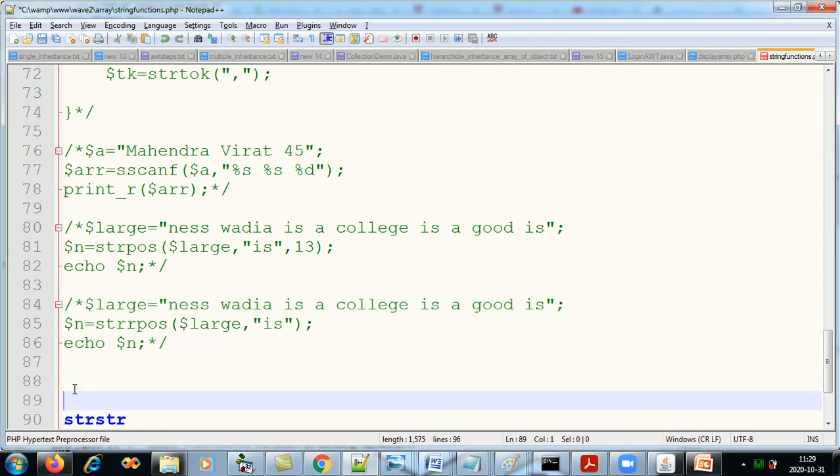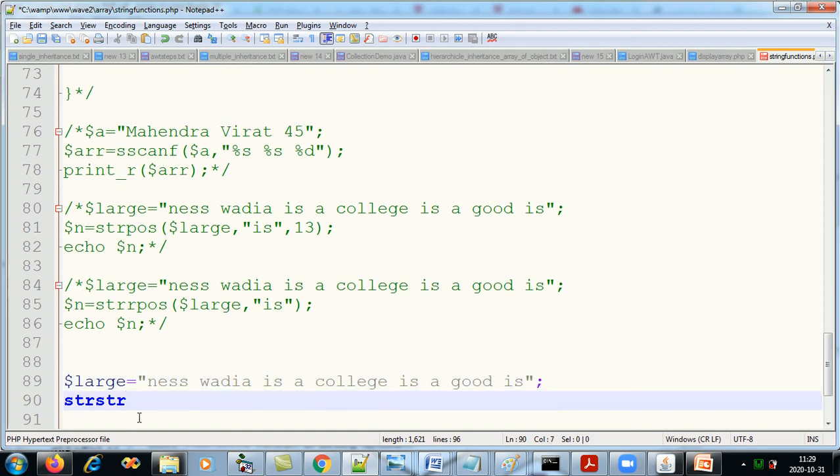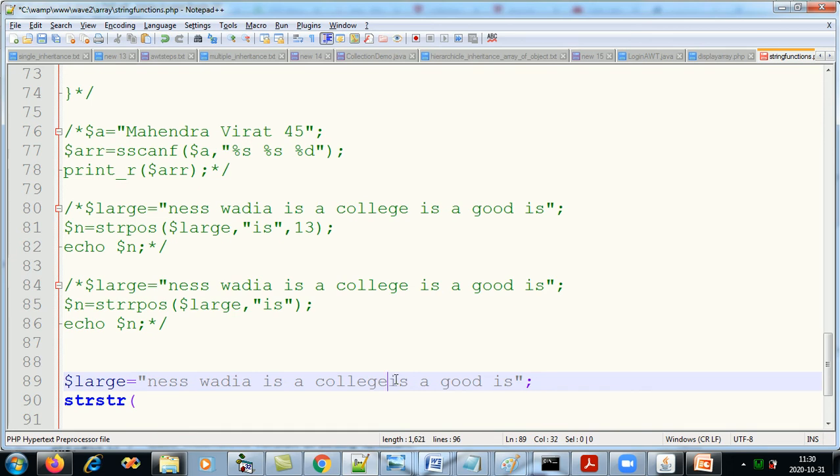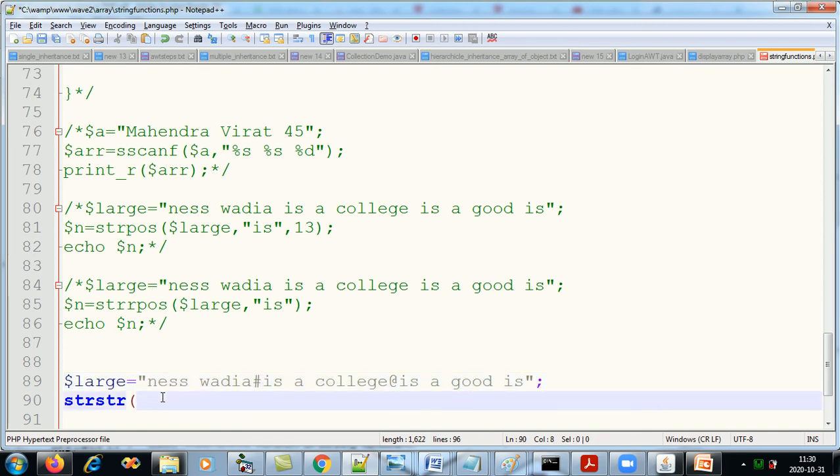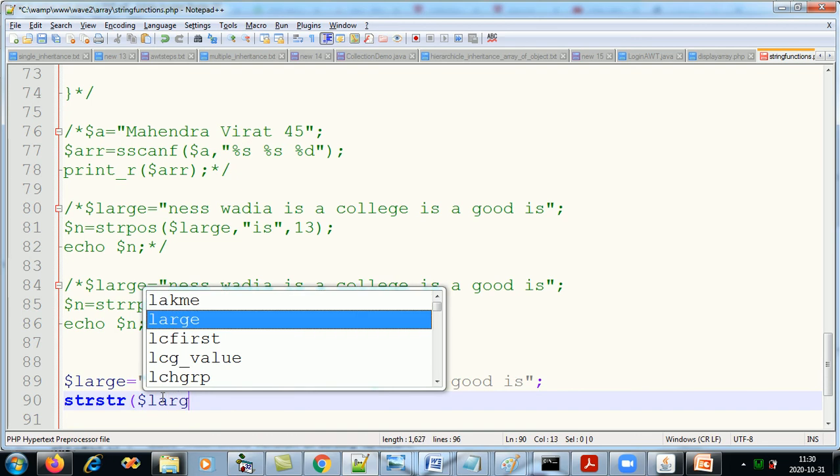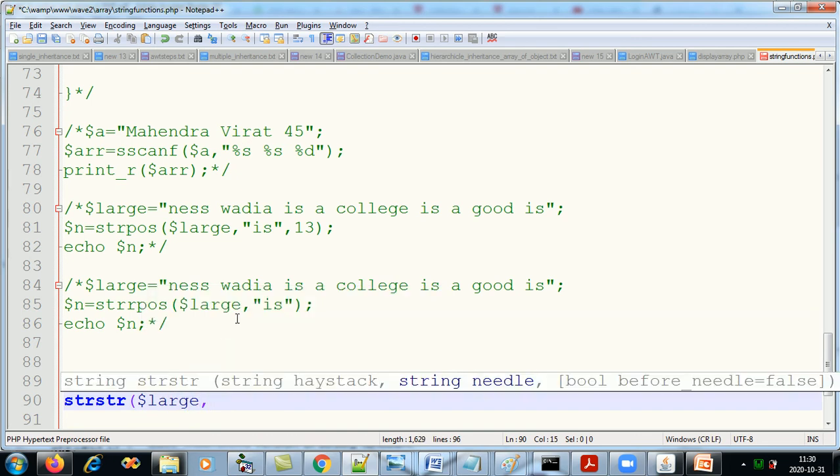And now $large. In between, let's say I put an @ over here, and I put a hash over here. So what this will do: which string? The $large string. From which character onwards?